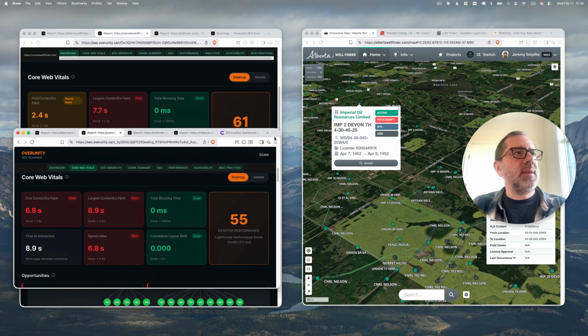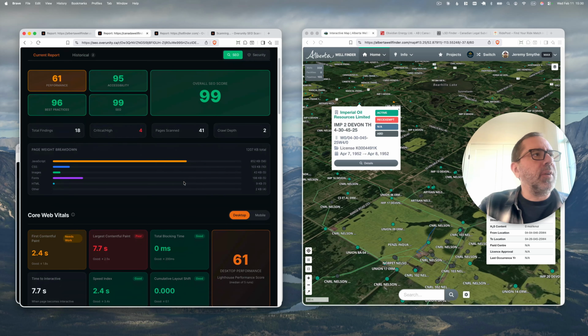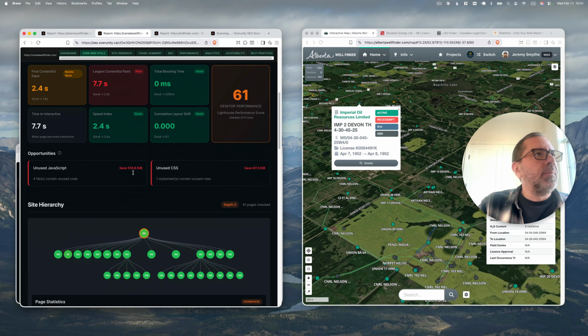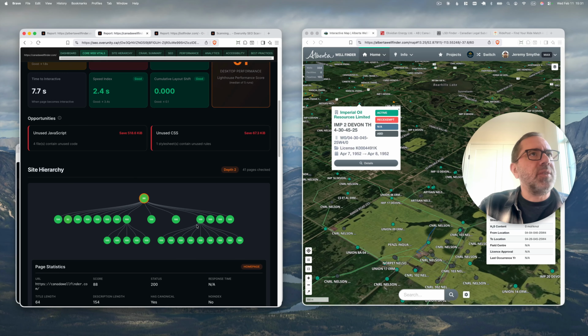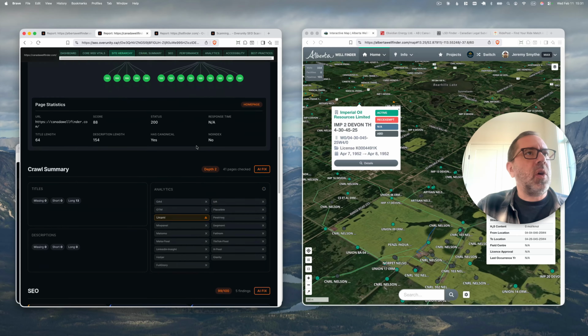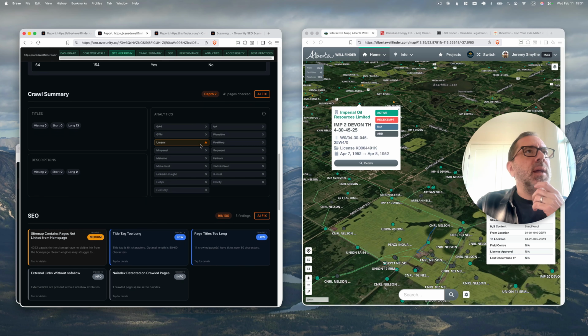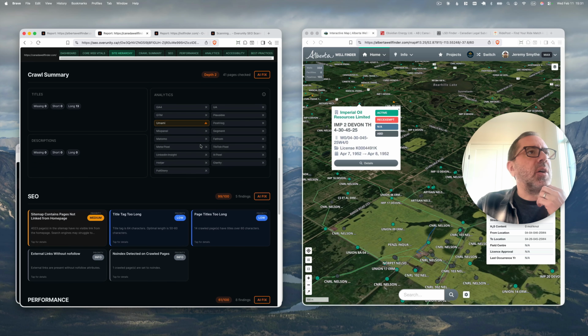Let me show you what these things mean though. So for example, when we scroll down here, we can see all of the pages that it traversed. It's telling us what is unused in the site. So if we removed unused JavaScript or CSS, that would improve performance a little bit. All of these are little wins, but taken together, they can be big wins. And so here we have our crawl summary,